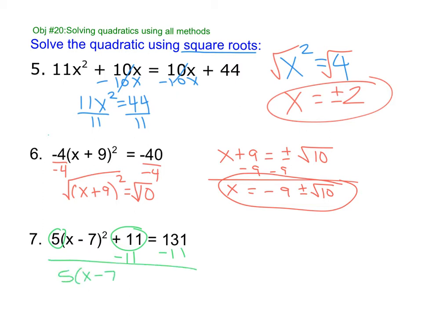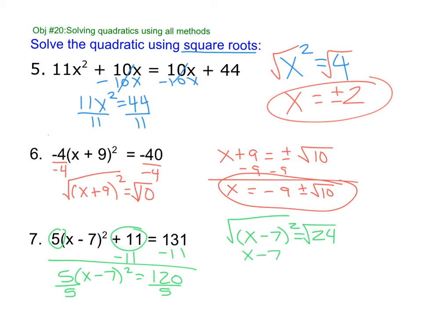5(x − 7)² = 120. Then we get rid of that 5 by dividing. (x − 7)² = 24. Now that our parentheses squared is alone, we can take the square root of both sides. x − 7 equals plus or minus